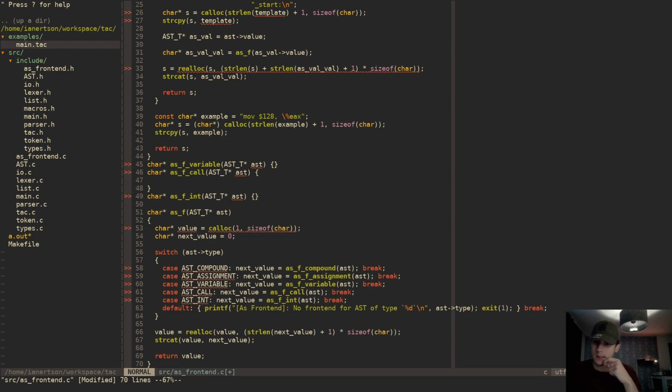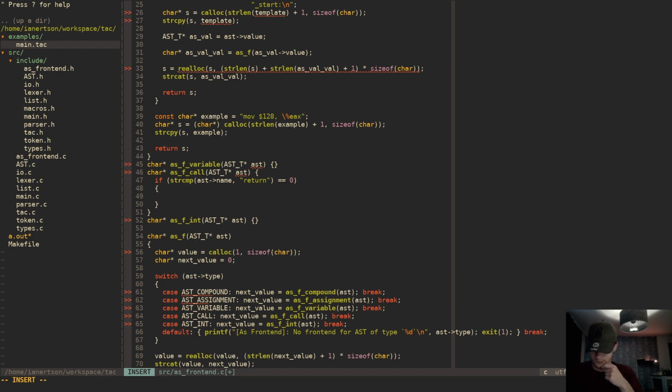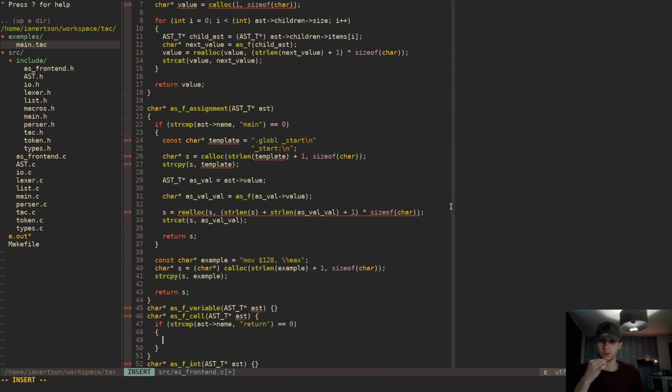Like if string compare AST name, if you are a return, then we're actually, this is also depending on if we're in the main method or not, because if you're in a function in assembly, then return actually means something else, kind of. Unless we always treat, what if we always treat,